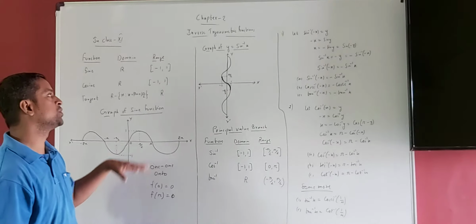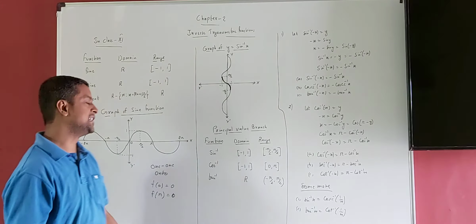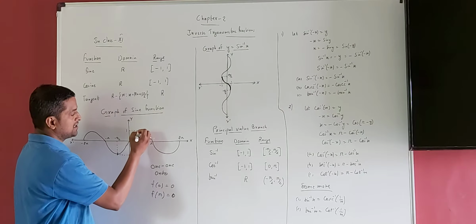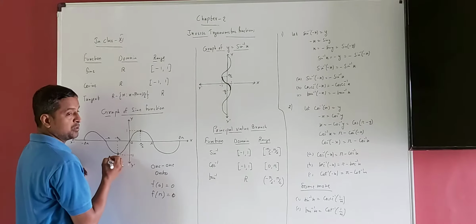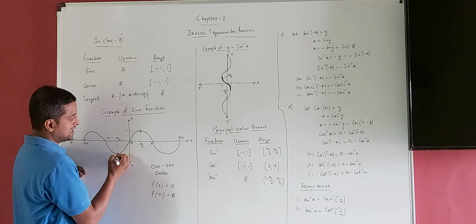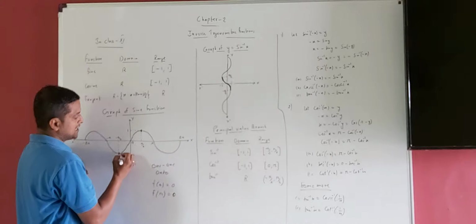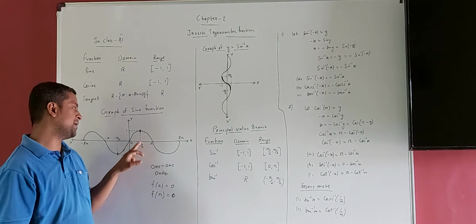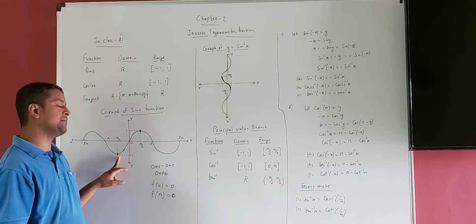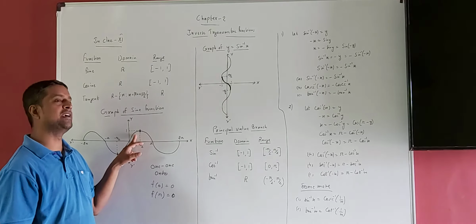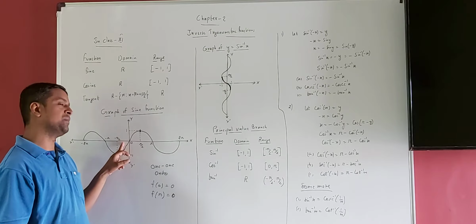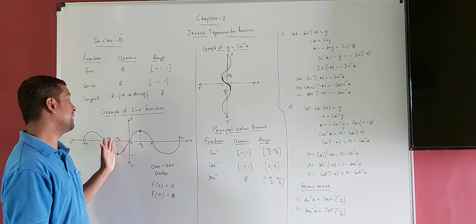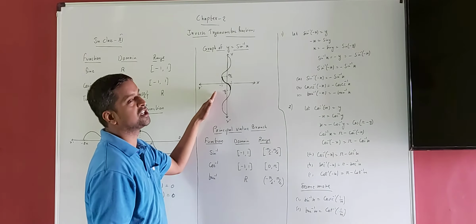Then how will we reach this inverse part, inverse word? See here. If we restrict our domain from minus pi by 2 to pi by 2, for one value only one data we will get. See, for pi by 2 we are getting 1, for minus pi by 2 we will get minus 1. For 30 degree we will get 1 by 2. For 45 degree we will get 1 by root 2. For minus 45 degree minus 1 by root 2. Means to discuss inverse trigonometric function we have to restrict this data. So that's why restriction is in this graph.